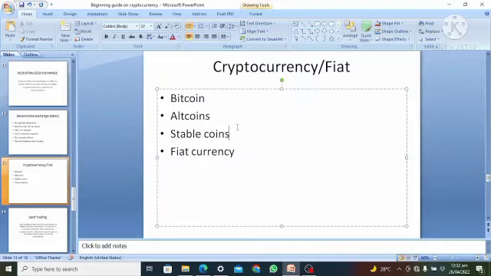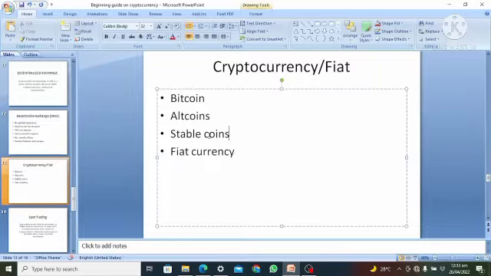Cryptocurrency slash fiat. So number one, we have Bitcoin on its own, which is the first asset being listed. Bitcoin was the first asset in the cryptocurrency field that was listed. Secondly, we'll look at altcoins. Altcoins are all the other new assets that come after Bitcoin. They are the ones we call what? Altcoins.